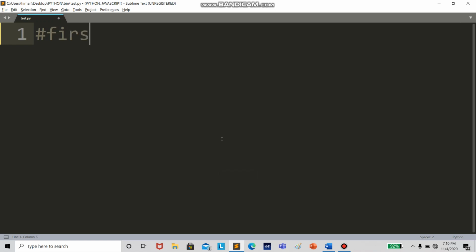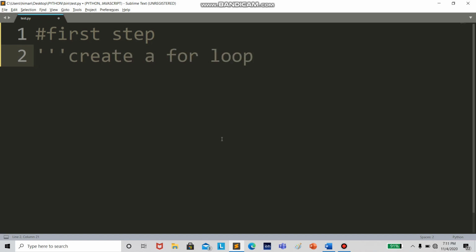So the first step is simple. What we will do is create a for loop, and we'll create the for loop for the interval 2 comma n. Right, I hope you know what these intervals are. If you're not clear with these intervals, I'll tell you when I write the syntax. Okay, first we have to create a for loop, and then the